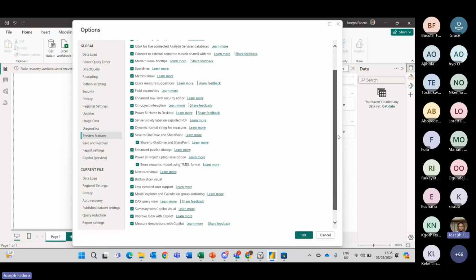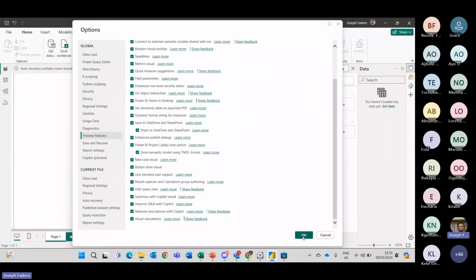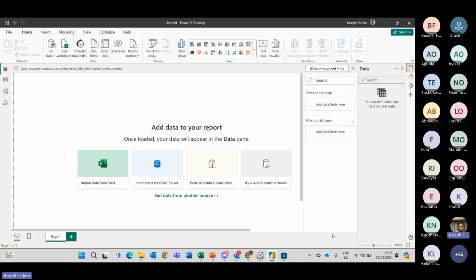If you are a more cautious person, you can read about what each and every one of these tools do before you turn them on. That is probably the safer bet. And you can click on OK there, and that will tell you to close your Power BI file. So that has very much been established.